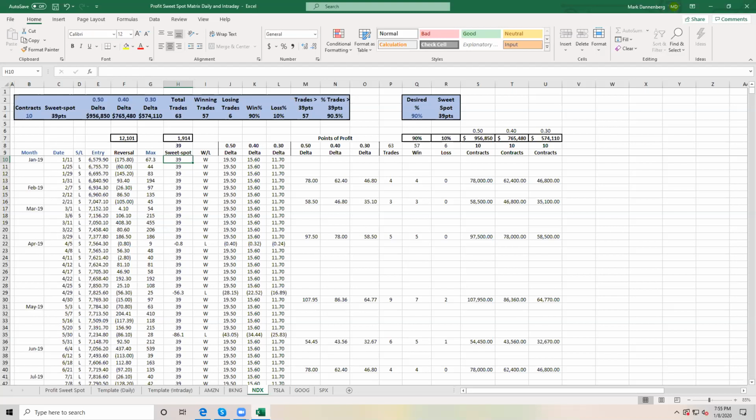Ed's asking, will this work in trending and non-trending markets? Is it a good way to avoid the chop? Well, here's what I loved about doing a look back on all of these stocks and indexes, Ed. There were periods that were choppy. There were periods where I'm in the trade one day, I'm out of the trade the next day, I'm in another trade the next day, but that doesn't last very long. But during those periods of what we typically refer to as chop, many of them were profitable periods, smaller profits, and that's why the sweet spot works so incredibly well.